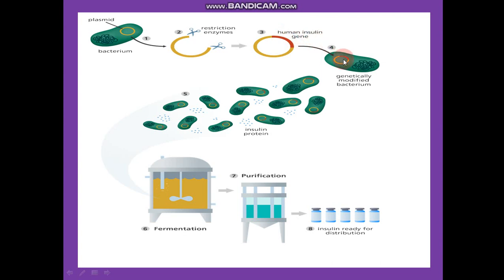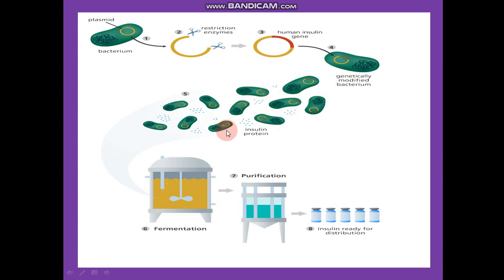Okay, now this is the recombinant DNA. Why recombinant? Because it has been combined from two gene portions. So the recombinant plasmid is introduced again into the bacterium. Okay, then this bacterium is called genetically modified. Why? Because the genes present in the bacterium have actually been modified by the addition of a gene of interest or the DNA insert.